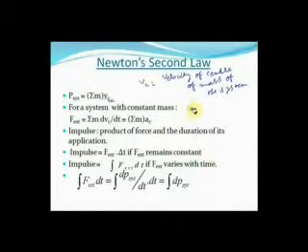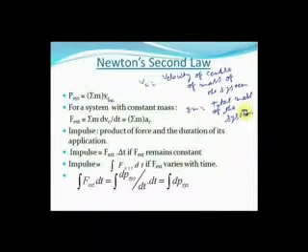So let's talk about a system with constant mass. According to Newton's second law, the external force applied on it will be equal to dP system by dt. So P system is sigma m into Vc. So F external would be the derivative of